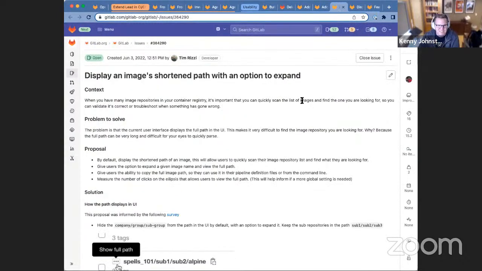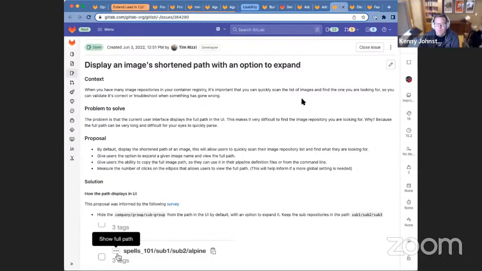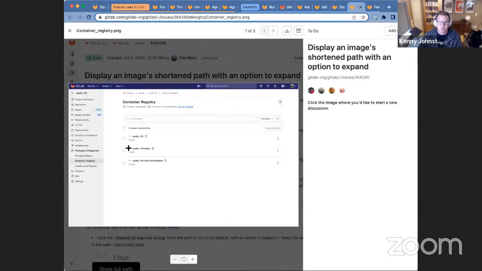Lastly, this one is also great from a survey that we did with users, where in our container registry, when you show the list of all the images in your container registry, a lot of times the path for those container images is generic. And so when you look visually, you would just see lists and lists of the same generic path. And so in 15.2, we're going to be adjusting that display to show an ellipsis for the common parts of the path, so that it's much more straightforward to identify the distinction for specific container images that you're looking for. And then lastly, again, this is more about the maturity of our package and container registry capabilities.